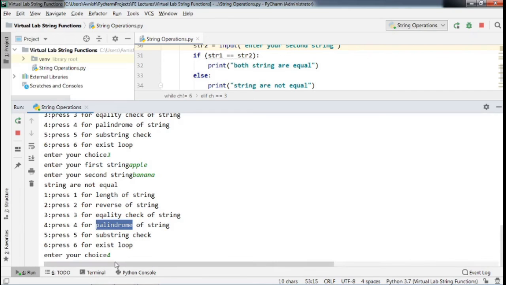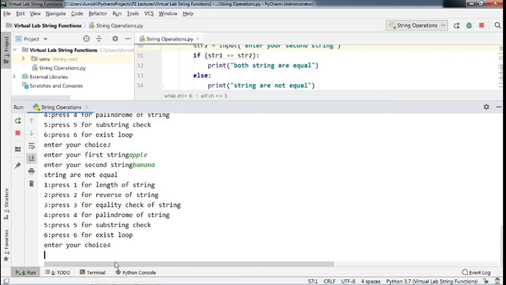For example, see this word, Nitin. If I read this from the forward side, it is Nitin, and if I read this word in reverse, it is also Nitin. We have to check such words in this case.